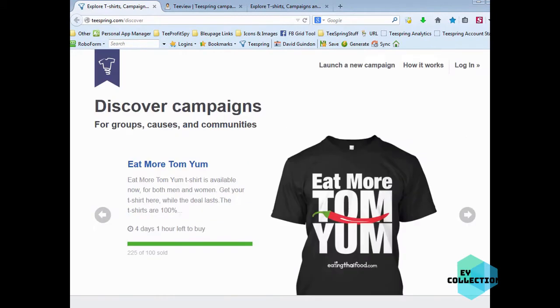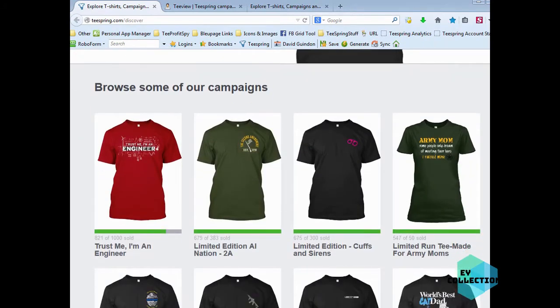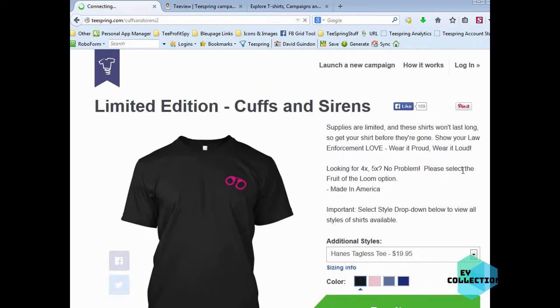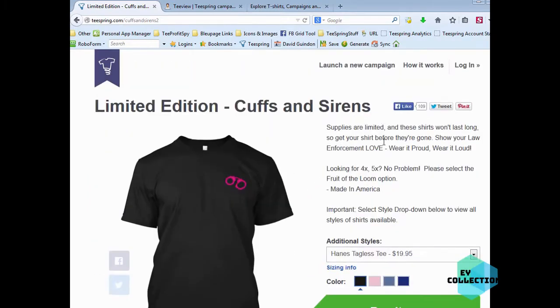And what I like doing here is I like to do further research on these shirts. So what I'd like to do is take a look at, say for example, this one right here. So let's click on it. It'll take us to the actual shirt, and you can see the campaign page. You can see how many days you have left, how much you're selling. But one cool thing you can do is you can actually take this link up here, right click and copy,